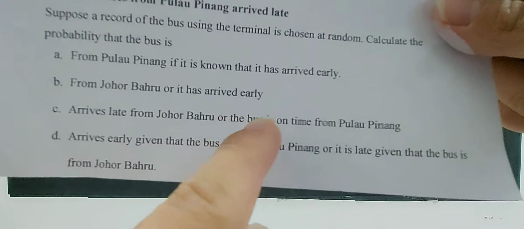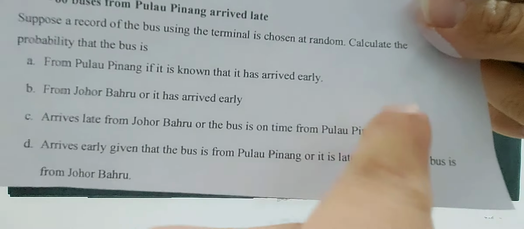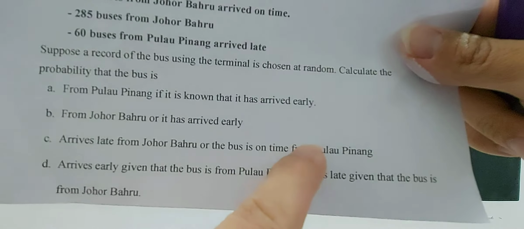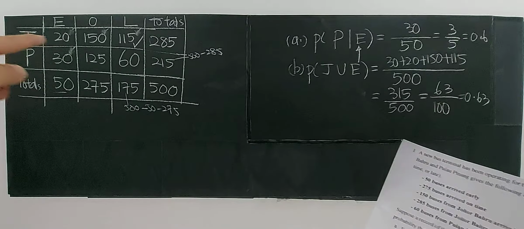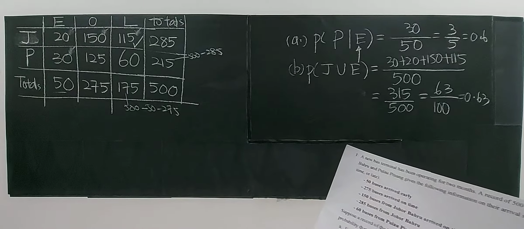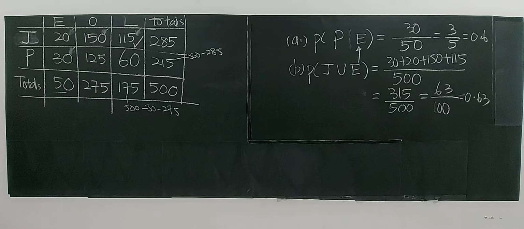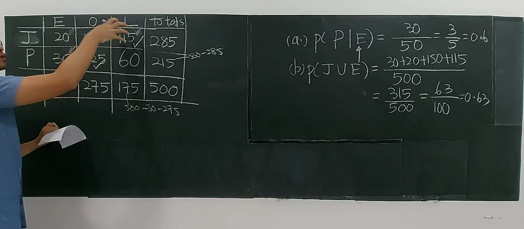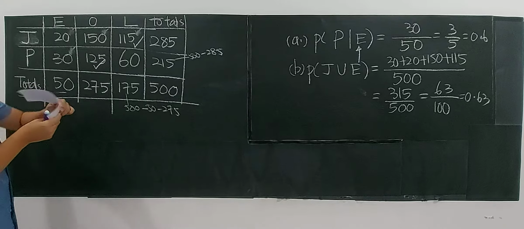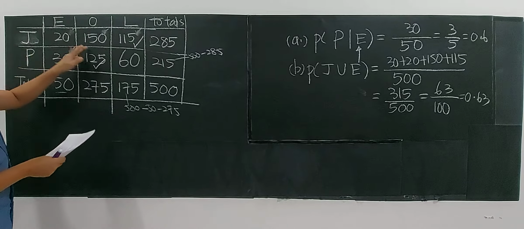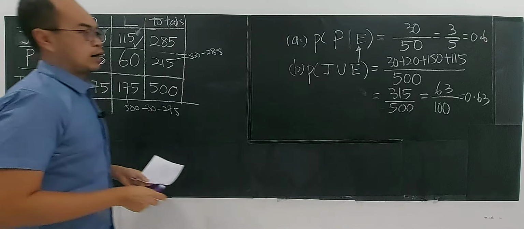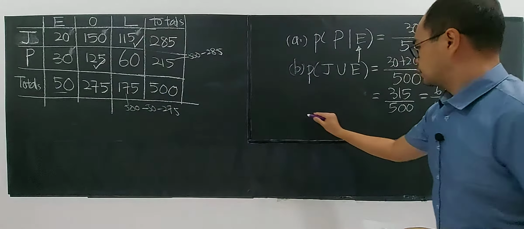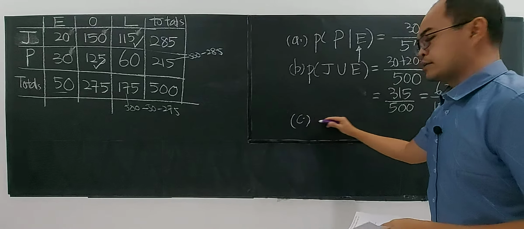Or the bus is on time from Pulau Pinang. On time from Pulau Pinang is 125. Or, right, either this or this: late from Johor Bahru or on time from Penang. So I should write it in this way. Either you can write it in a sentence,